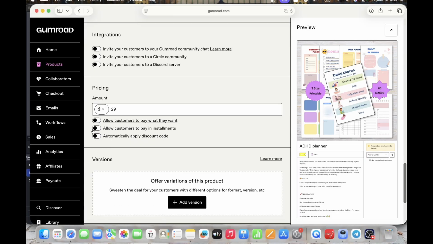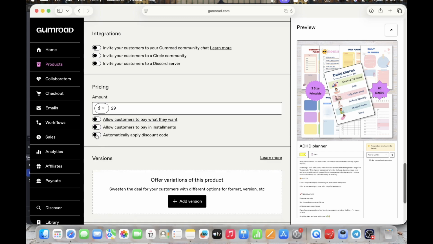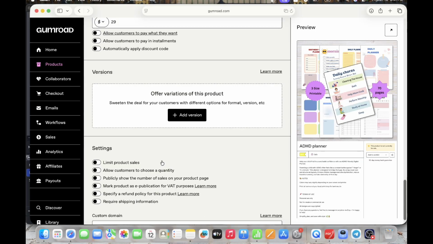And allow customer to pay in installment. You can also turn this on or off. Most of the time, all the time, I just turn this off. And automatically apply discount code: when your customer buys something, they receive a discount code, for example, for the next product. And version, if you have any version or format of your products, you